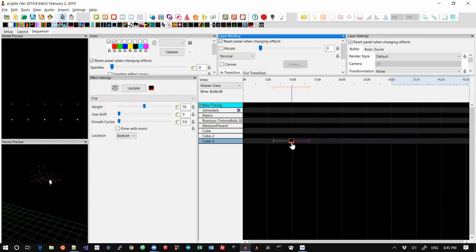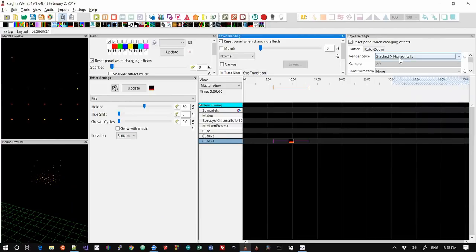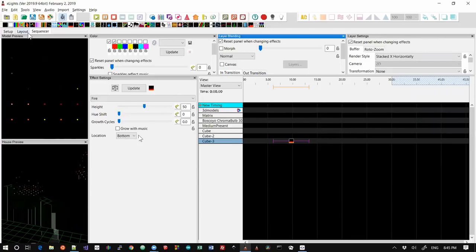Okay, so one of the things about the cube is that unlike most models outside of model groups, there's usually only this default, per preview, single line and as a pixel render styles. But you can see that the cube has got a whole bunch of additional render styles, and they represent different ways of creating the render buffer based on the pixels in the cube. So if you take, say, stacked X horizontally, and it's a little bit, let me go back to layout,